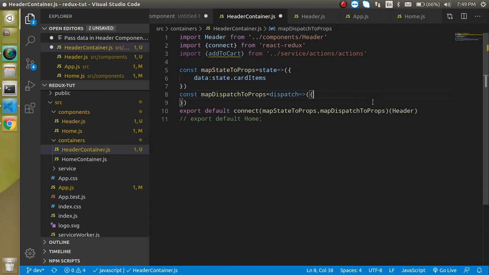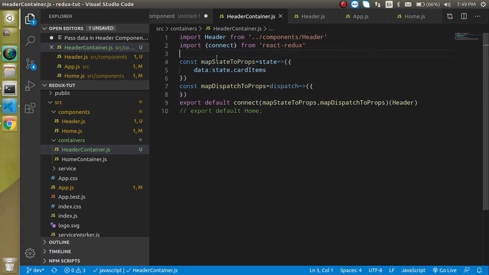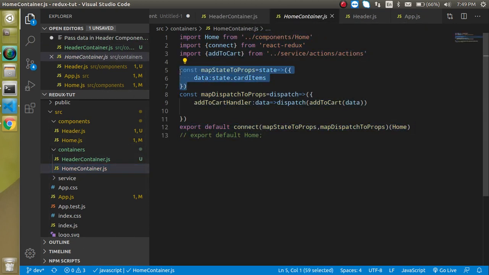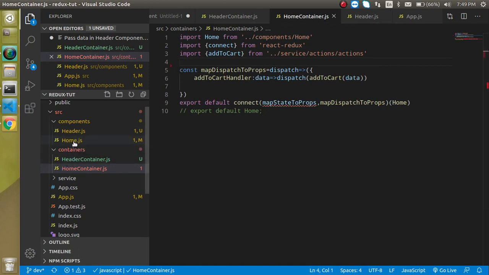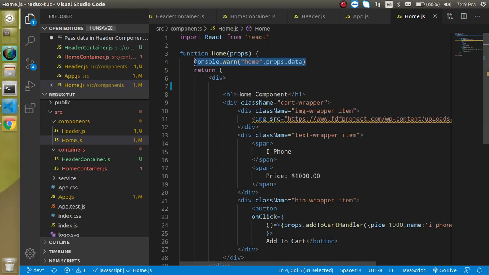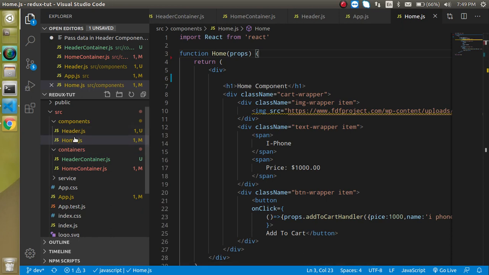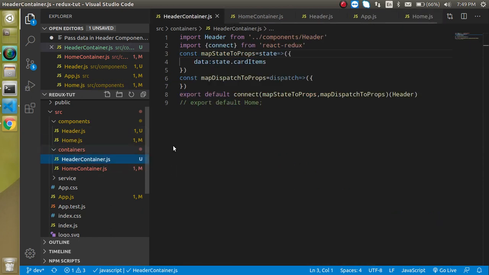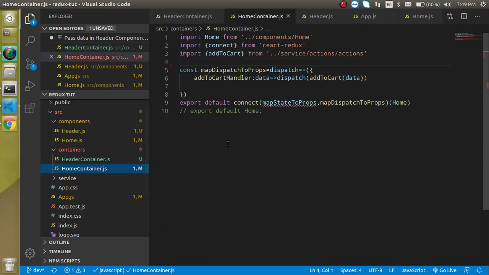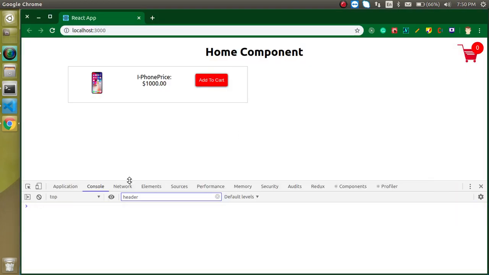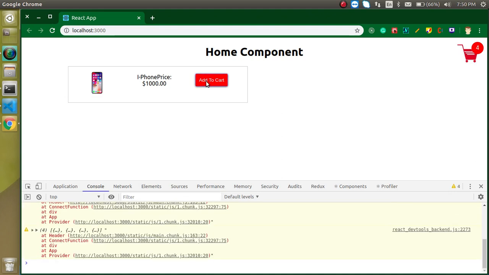So we can remove this one. We don't need this because we are not dispatching any action or click event from here, right? From the header component we can remove these things, and from the home component we can remove this thing. We don't need this data, right? And in the home component, let's remove this one also. Okay, my bad, actually from the home container we cannot make it completely blank. We can just remove the state like here, because otherwise this will be undefined, since this is the required parameter.